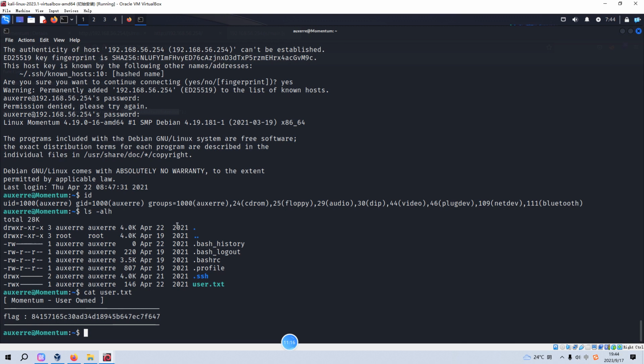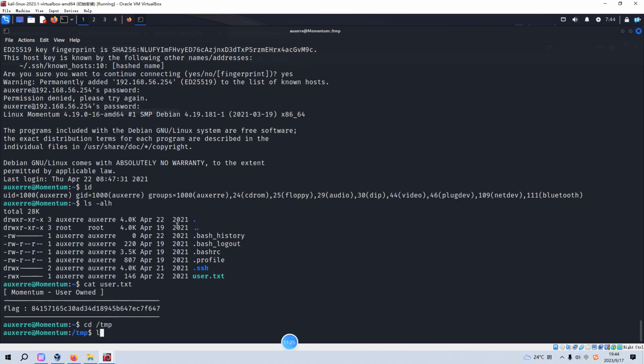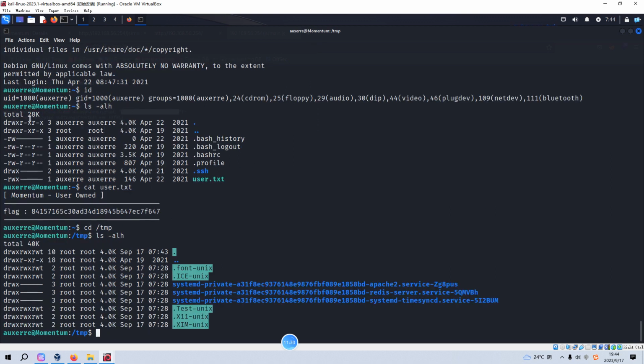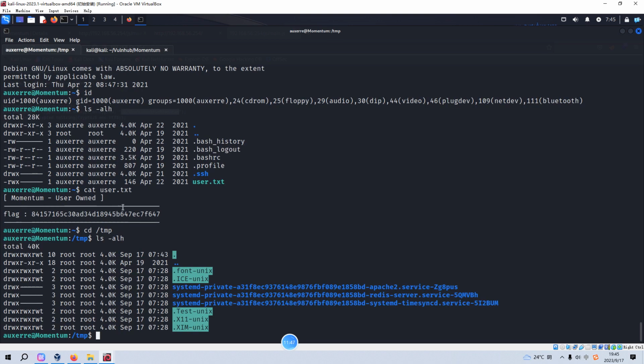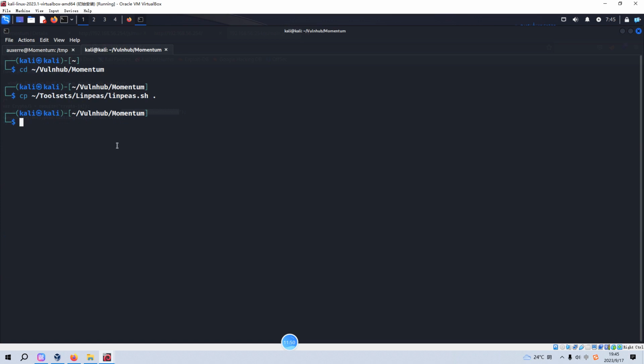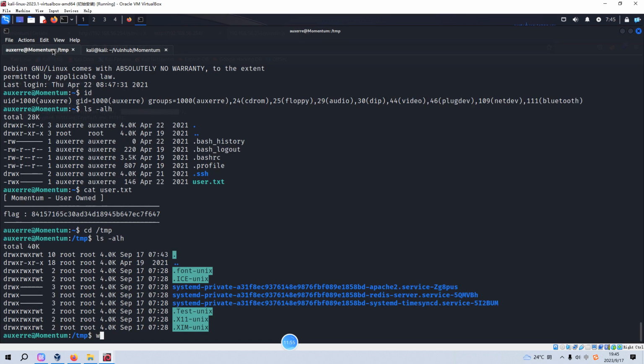And so we can upload the linpeas shell script, right? And we can open up another tab. And we can copy this linpeas shell script. Okay, and then we can set up the web server by running the Python HTTP server module,